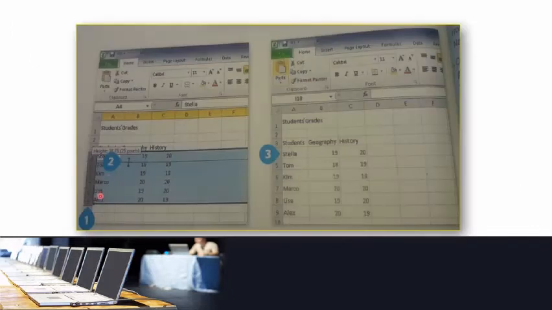In this image, first we select rows from 4 to 9. In the second step, we put the cursor between the headers of two rows. Then the cursor will change into this double arrow pointer. Move this cursor up or down to change the height of the rows. In the third step, you can see here the increased height of the rows.